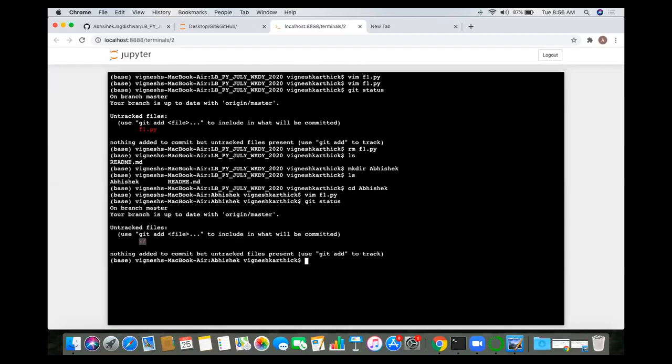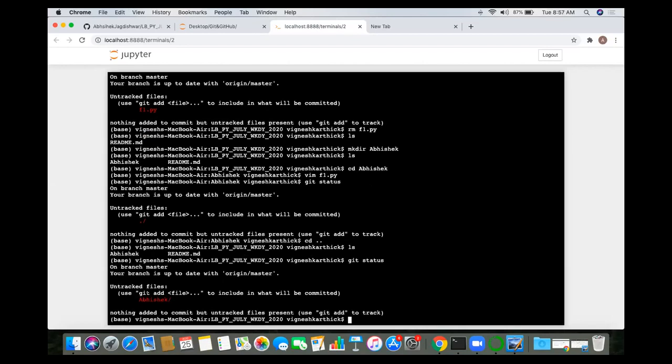So why is it showing like this? Because currently you are in the Abhishek folder. So first move one step back, means go to your repository, come out of the Abhishek folder, with cd space double dot. Now you are in your repository, so do ls. You will see the Abhishek folder and the readme.md, and now do the git status. It is showing that there is one folder called Abhishek, and in that some file is there which is changed. So now you have made the changes in the Abhishek folder, and this is the untracked file. Fine. Now let me clear this.